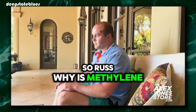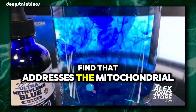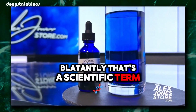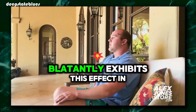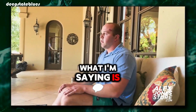So, Rex, why is methylene blue so special? Because it's one of the few things that you can find that addresses the mitochondrial issue blatantly. And when I say blatantly, that's a scientific term. Like if they say X product or X ingredient blatantly exhibits this effect in a muscle or a fat cell. It's like cyanide blatantly kills you in 30 seconds. Well, what I'm saying is methylene blue uses...